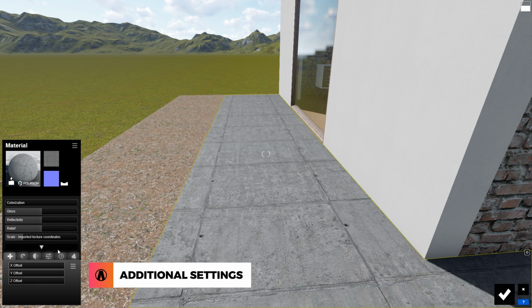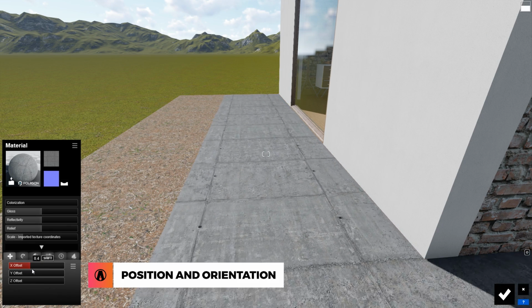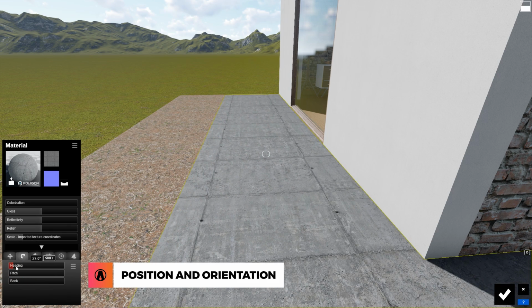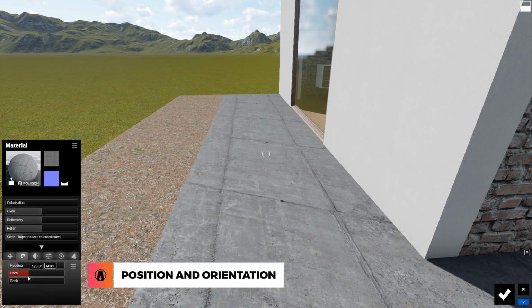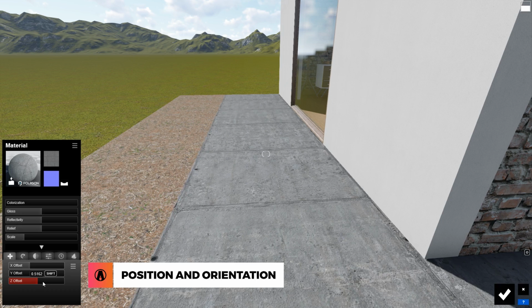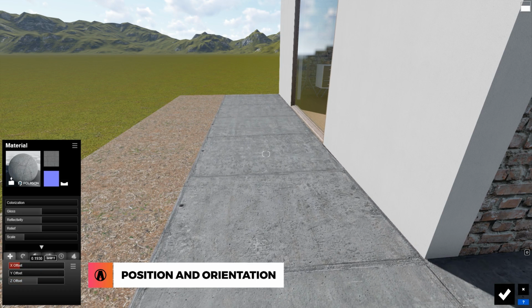Next, let's talk about some of these additional settings. The first two are position and orientation. The position tab will let you offset the material in the X, Y, and Z axis, while the orientation tab will let you rotate and shear your texture in different directions. You can use these options in conjunction with the scale slider to make the material fit perfectly to the geometries